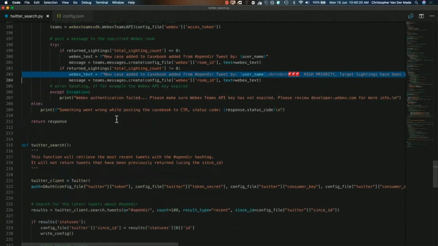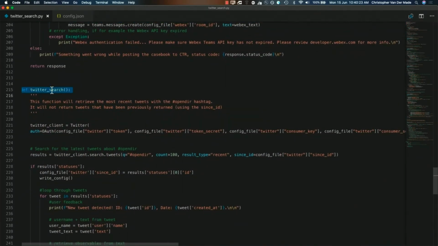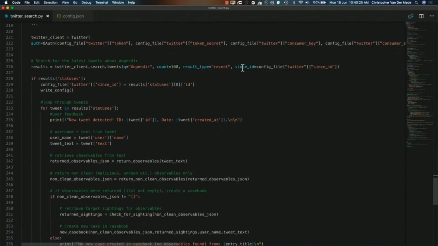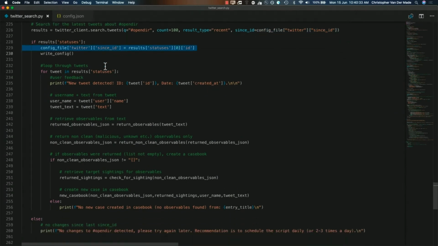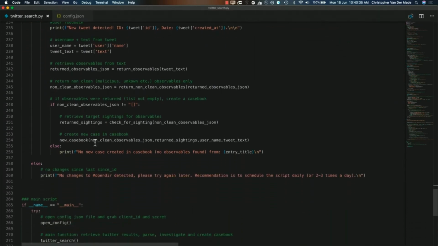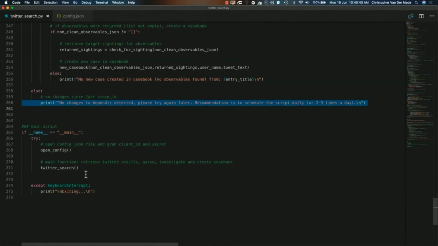Now here's where I'm searching for the tweets. And I want to make sure that I'm not parsing the same tweet twice. So therefore, I'm using this since ID for that, which is a very nice way that Twitter basically built their API. Now, as you can see, if I were to actually run this script,